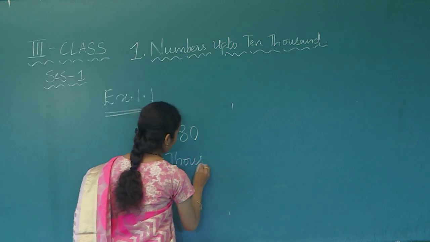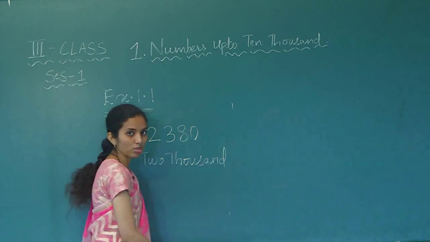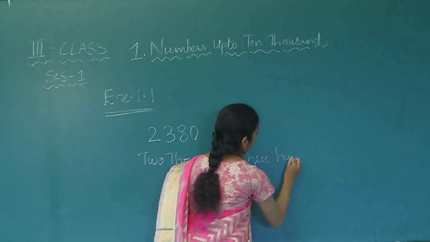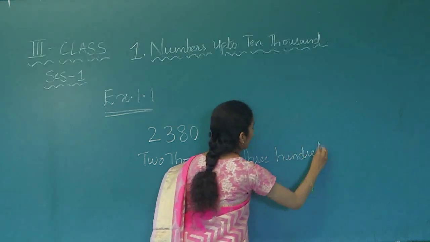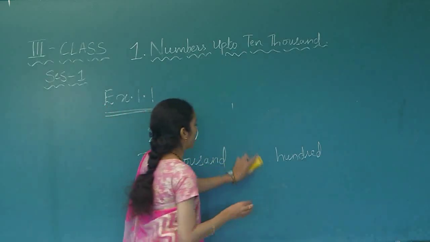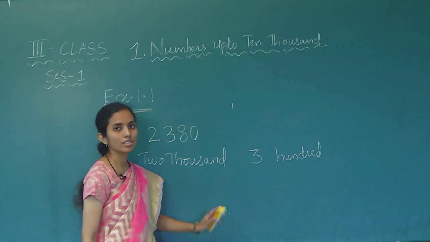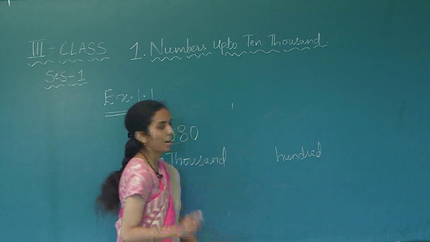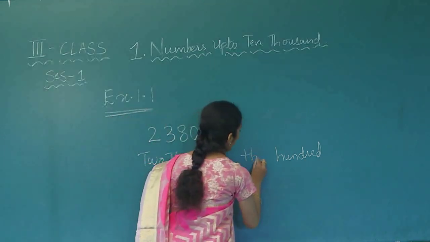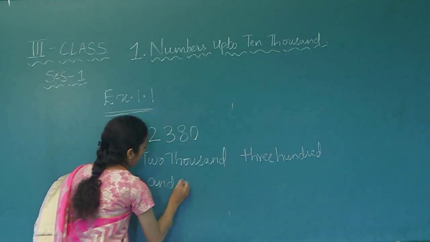2000. All of you know this 1000 spelling, THOUSAND. 2300. Writing in words means we should not use any number. You cannot write like this. If you write like this, it is wrong. If he is asking us to write in words, definitely you have to write the spelling of the number. That is THREE, 380.